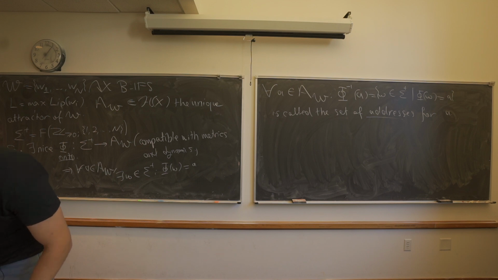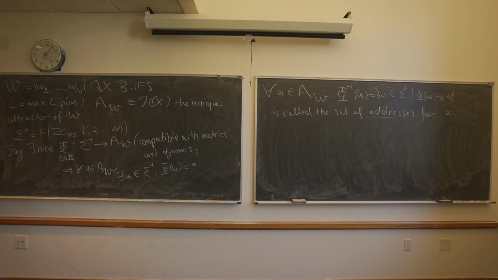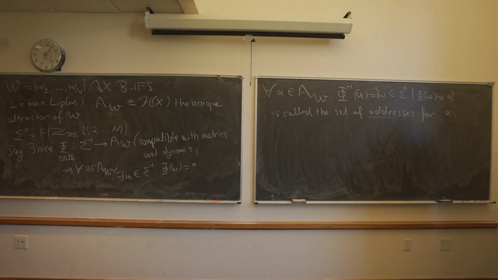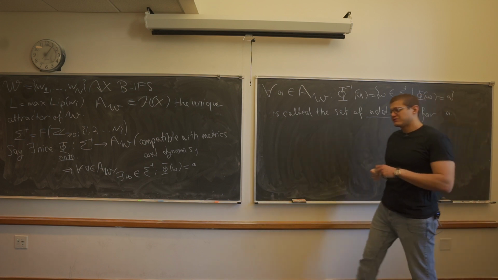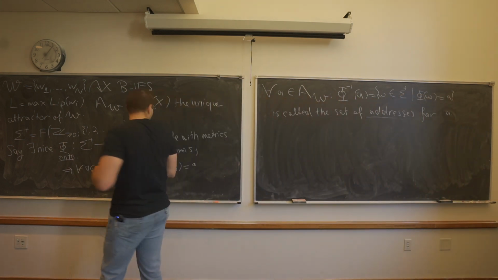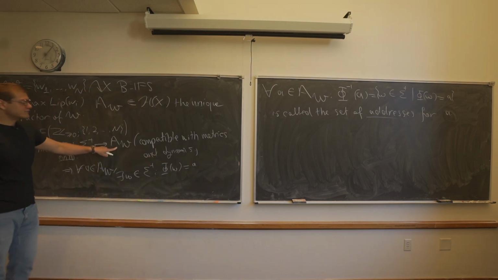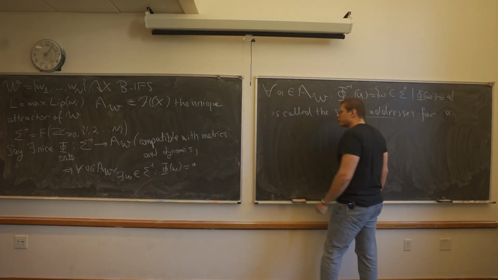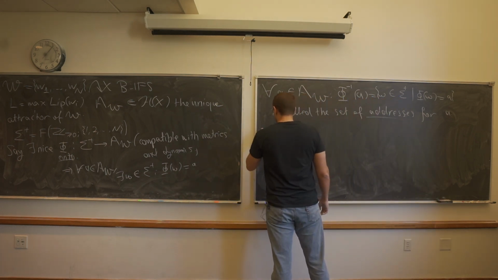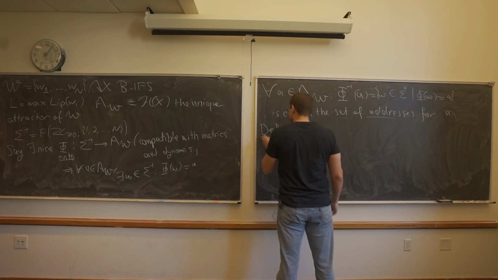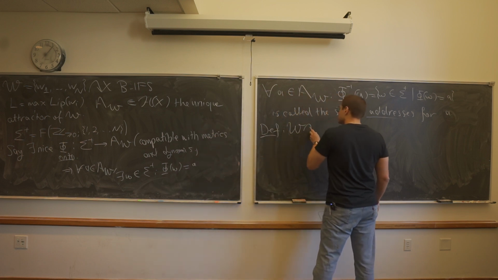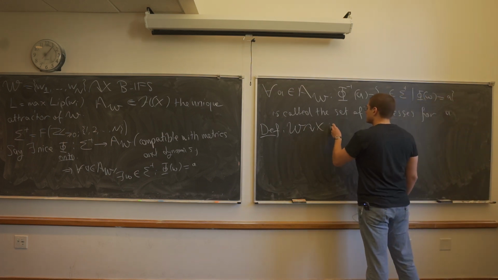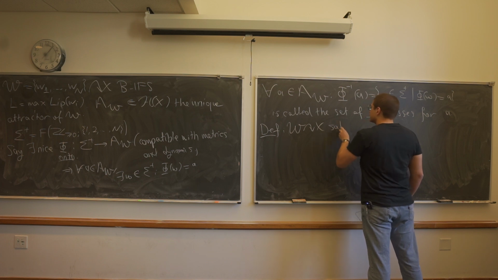Okay. So now I want to introduce a condition that seems somewhat natural, but turns out to be sort of a technical condition that we're going to need later for this Moran-Hutchinson formula that relates the Hausdorff dimension, which we still haven't defined, of this guy to the upper similarity dimension of the iterated function system. And that is the open set condition. So this is a definition. This B-IFS is said to satisfy the open set condition,